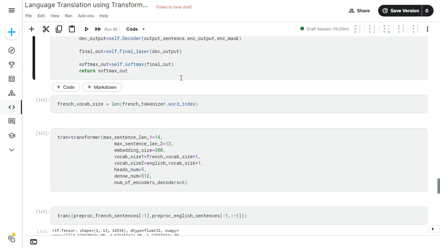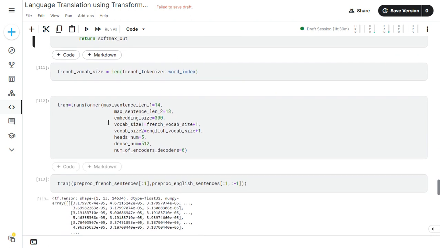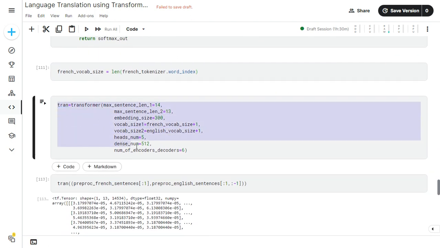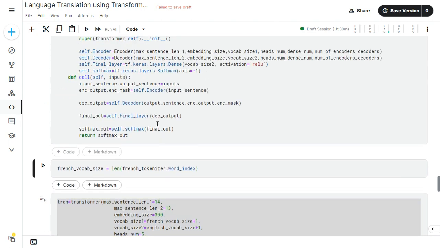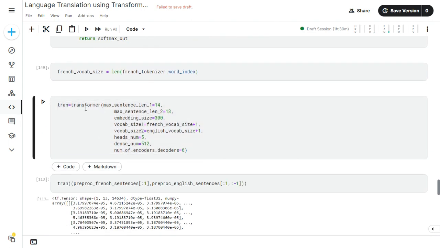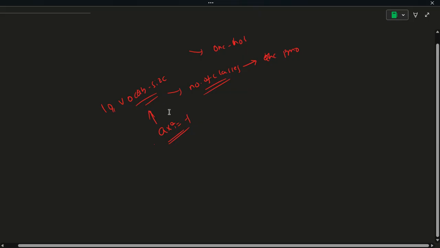Now before running this model, let me create the instance of transformer. Let me run this. So I have created the instance of transformer model. I have taken maximum sequence length as 14 and this to be 13. Why I have taken 13? Because see,